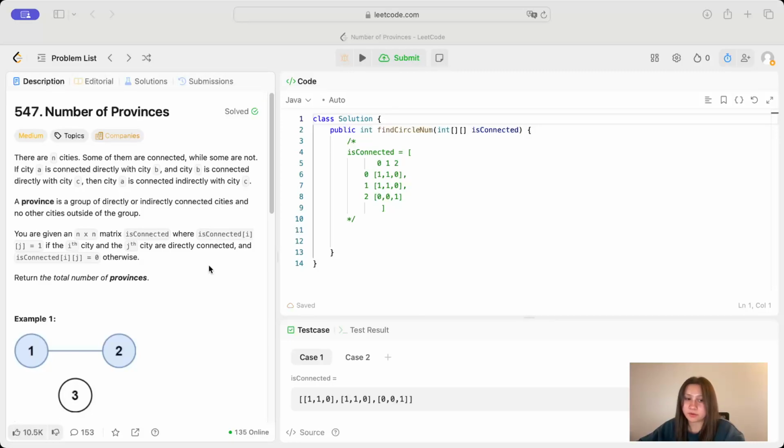Hi guys, let's do number of provinces. So there's n cities, some of them are connected while some are not. If city A is connected directly with city B and city B is connected directly with city C, then city A is connected indirectly with city C. And they tell us that a province is a group of directly or indirectly connected cities and no other cities